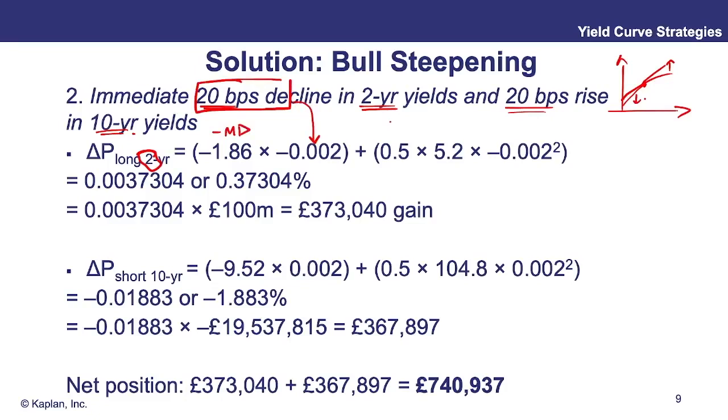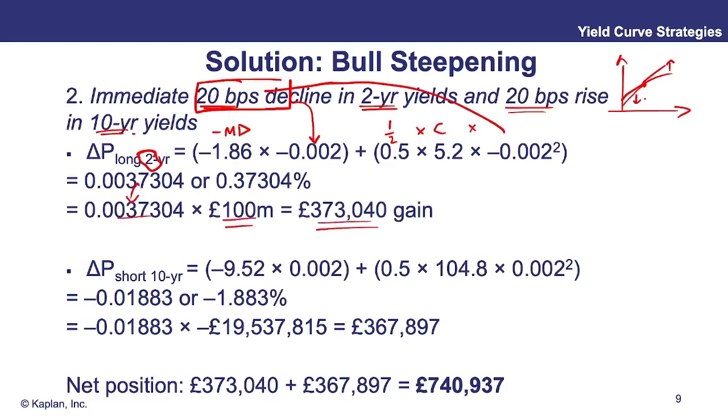Convexity impact, I'm sure you're getting used to seeing this now. 1/2 of the convexity of the short dated bond, which was stated as 5.2, multiplied by the change in yields at that maturity squared. So that comes out at 0.0037304. If you work in decimal terms, you'll get a decimal out, and that's 0.37304%. You can scale that decimal up by the 100 million position that you've taken to work out the actual